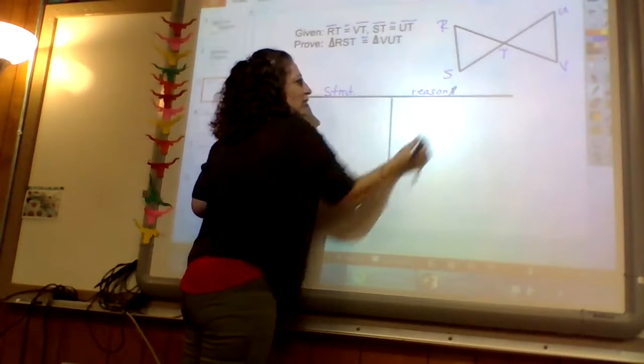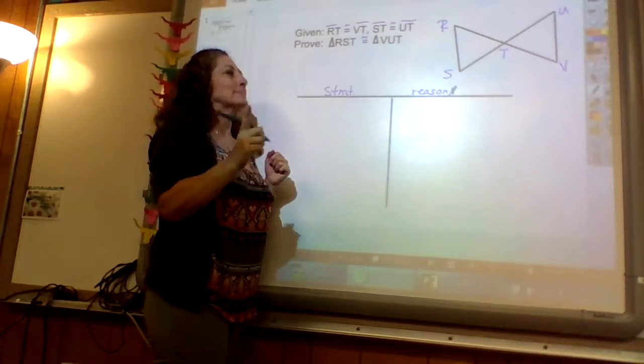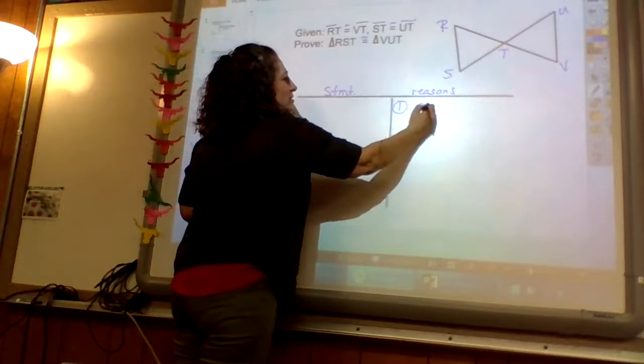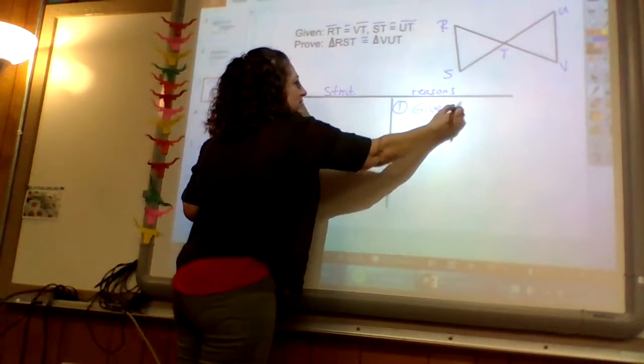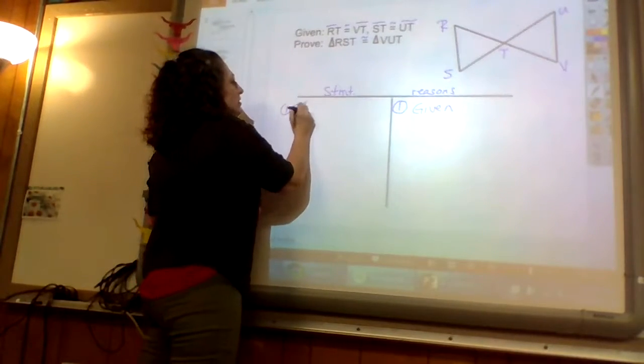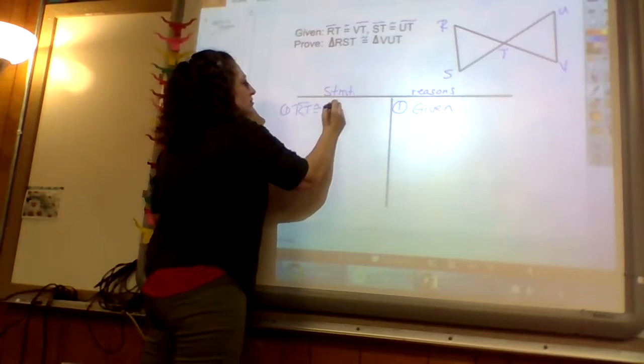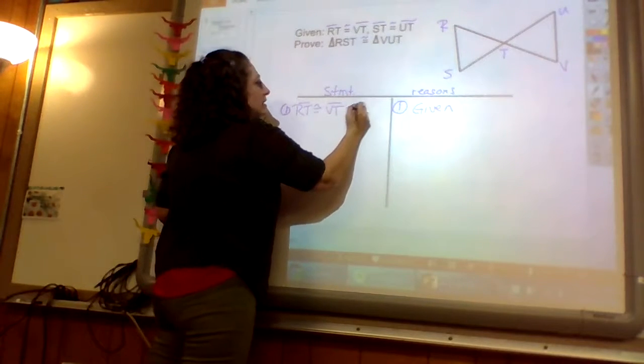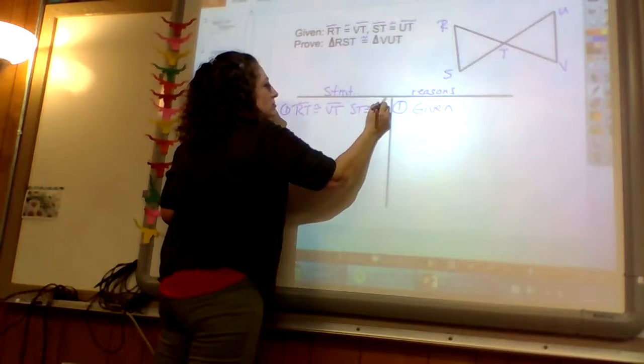What is the way we start our proof? Given. With the given statement. My reason is given, and I'll add the given statement in there. So, given that RT is congruent to VT and ST is congruent to UT,